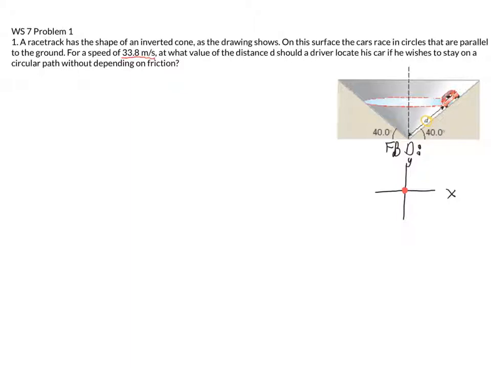All right? So the first thing I think of is forces. Anytime we have uniform circular motion, it makes me think of centripetal force, which makes me think of some of the forces. So I went ahead and got